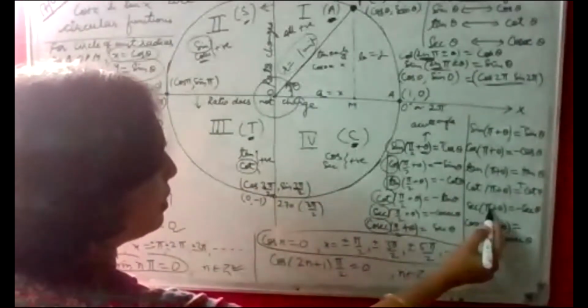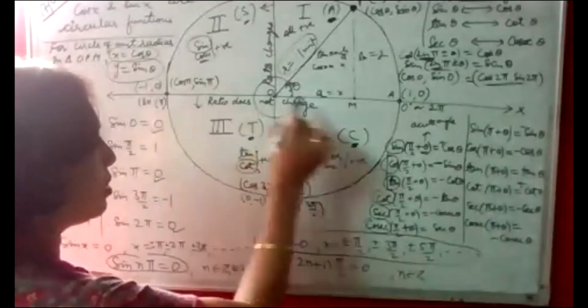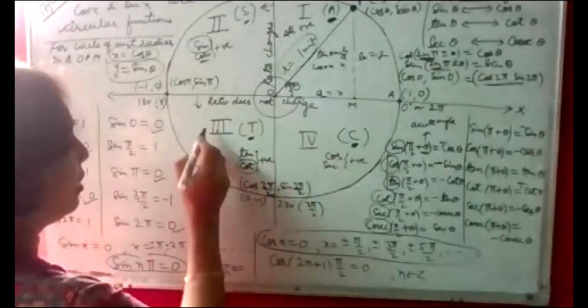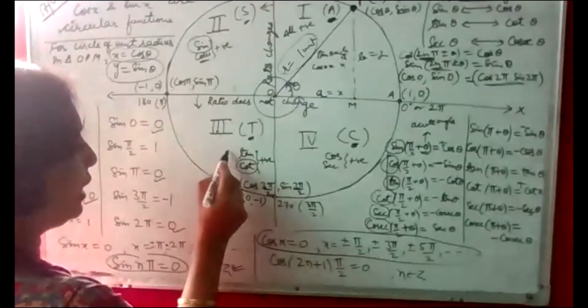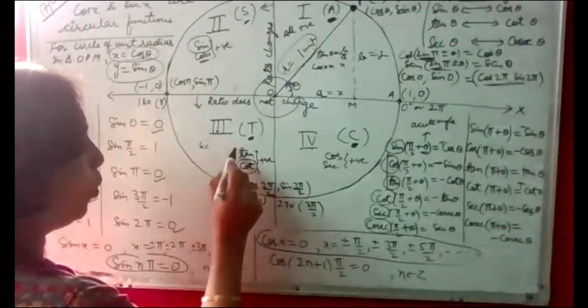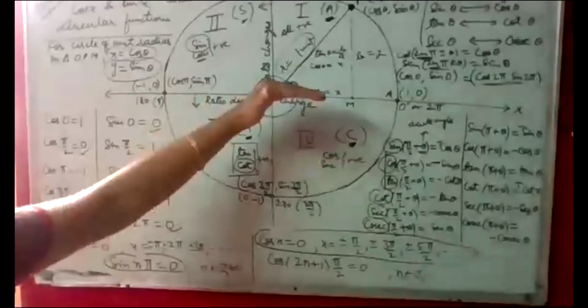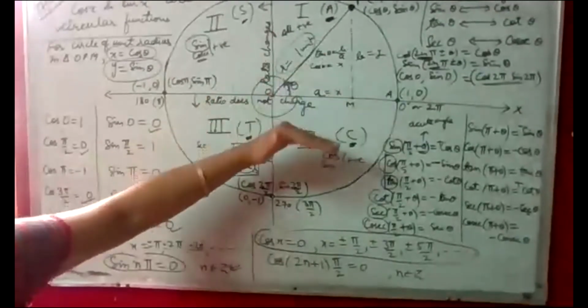Let's come to sec. Sec pi plus theta. Since it is with respect to the x-axis, the ratio will not change. It will remain sec only, and pi plus comes to the third quadrant. Let's see the sign of sec here. Only tan and cot are positive, sec is negative, so we get a negative sign here. This is how you can find out all the ratio changes: 2 pi plus theta, 2 pi minus, 90 plus, 90 minus, pi plus, pi minus, 270 plus, 270 minus. We have done earlier how to convert these ratios